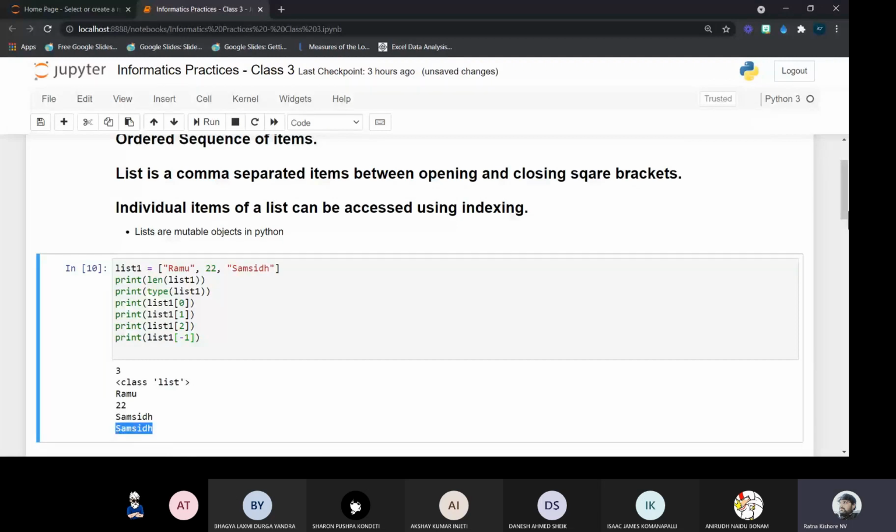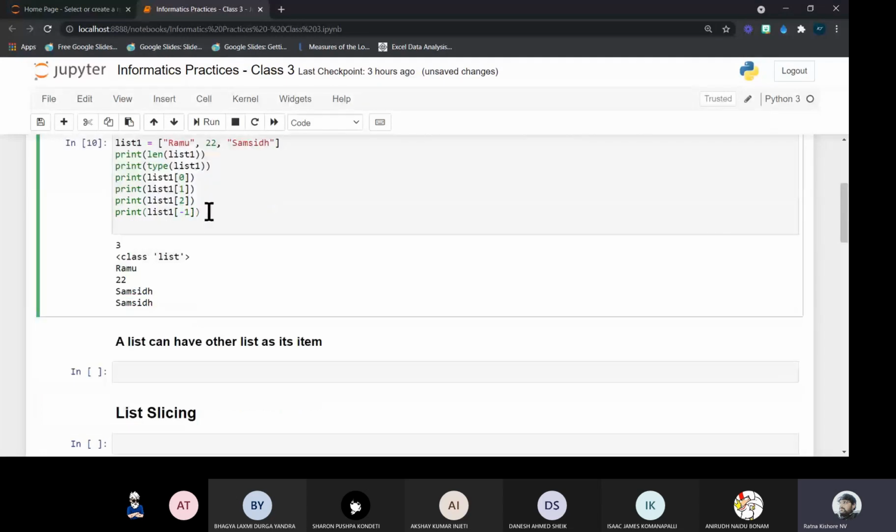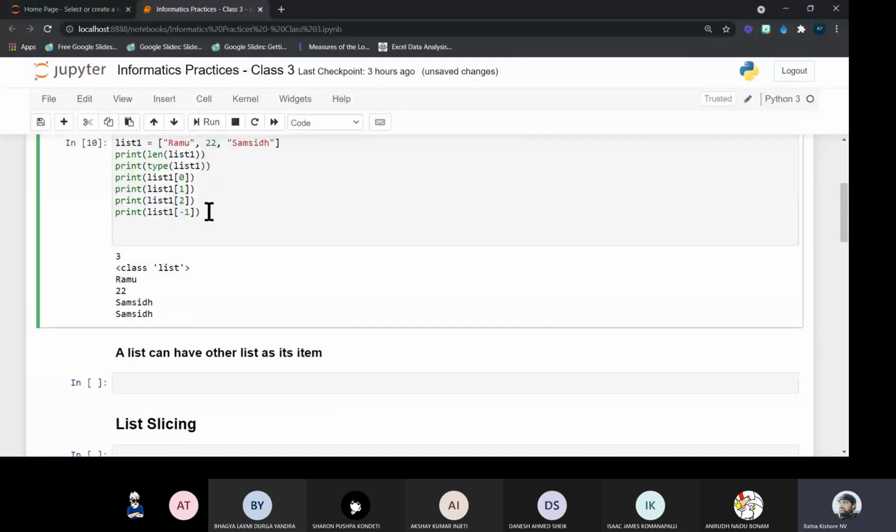So the last element you can access by using the negative index minus 1. Then how can I access 22, the last but one element, with negative indexing? By using the negative index minus 2, right? If I use the negative index minus 2, then I can access the last but one element, that is 22. In that way we can access the individual elements.